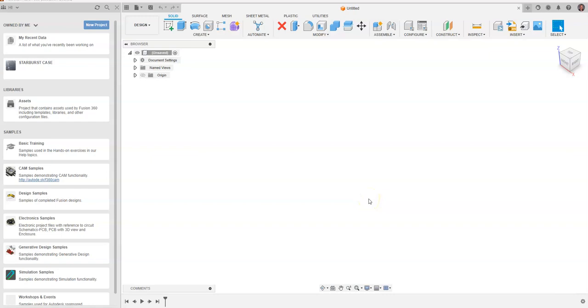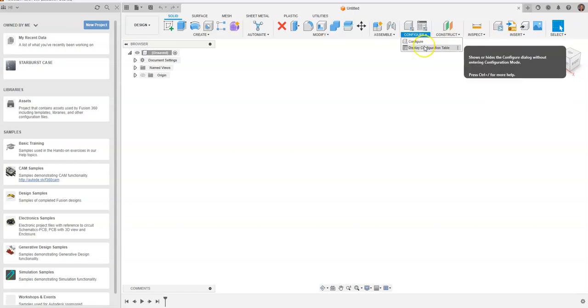This is a video for how to go about utilizing configurations in Fusion 360. In a recent update in Fusion 360, they created a new toolbar called Configure. And you'll see the word Configure and the configuration table, but we can't really do anything with Configure until we